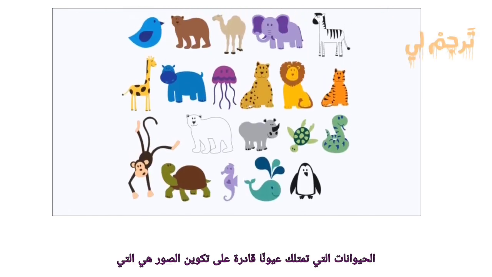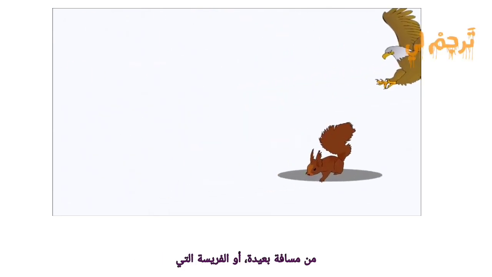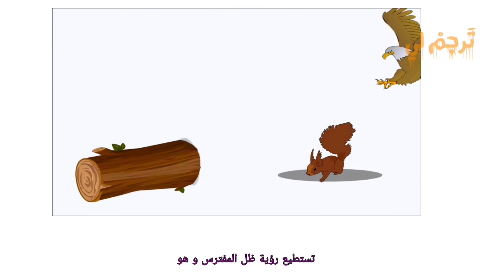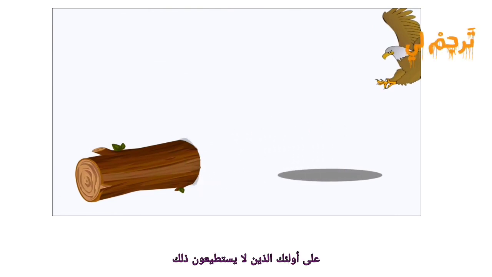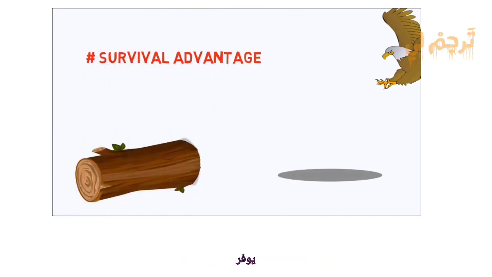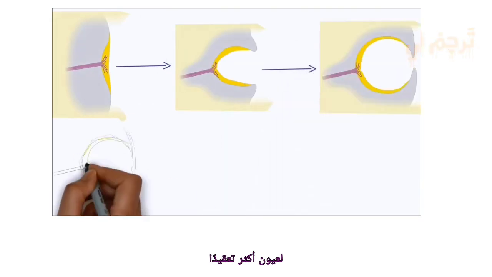Single-celled algae, protists, and other microbes swim toward or away from light. But it is the animals, with image-forming eyes, that have taken light detection to the next level. A predator who can see its prey from a distance, or a prey animal that can see the shadow of a predator approaching, has a clear survival advantage over those who can't. Even a slight improvement in image quality provides a significant survival advantage, allowing for the step-by-step evolution of increasingly complex